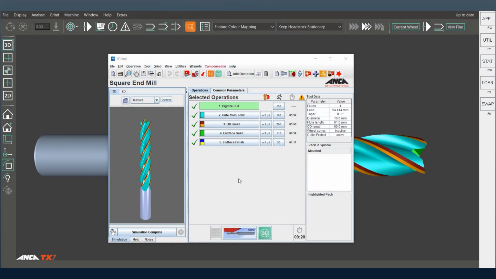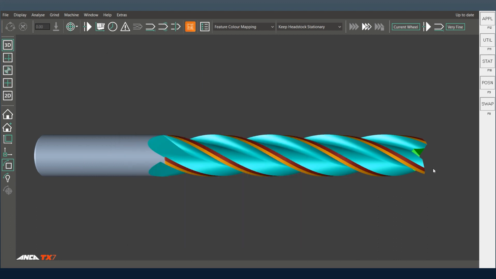A new option, OD compensation, has been added to all the NMIL tool types. So square NMIL, corner radius, ball nose, or anywhere you use the OD finish, there has been a new feature called the compensate OD, and you can either use user input or iView. Basically, if you have the iView, you can actually run the iView and nominate different X positions and compensate.